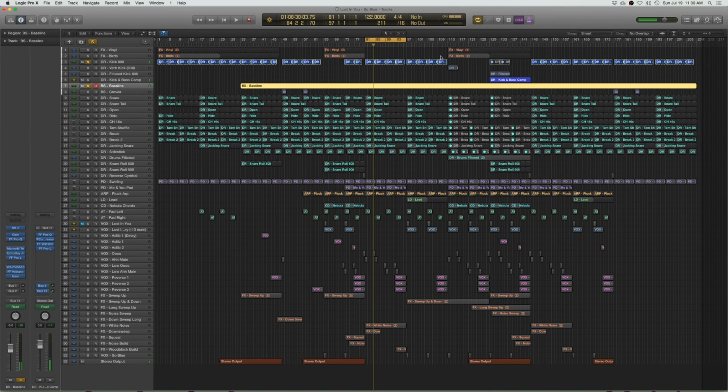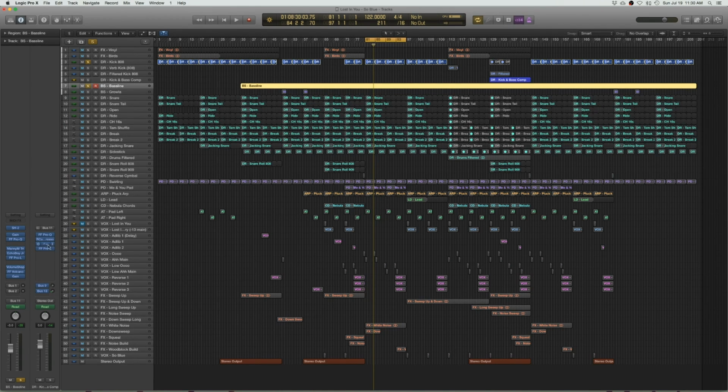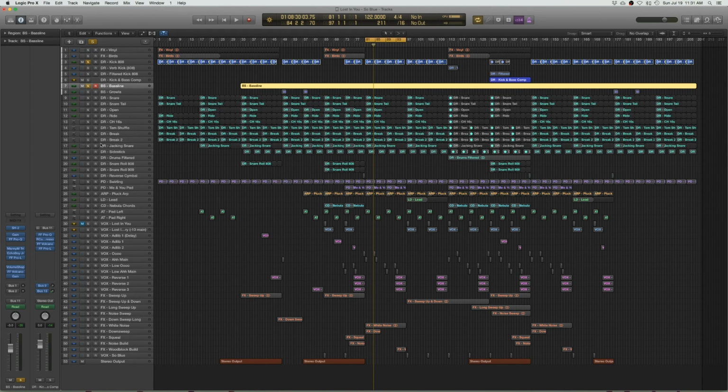Now I've sent the kick and bass to their own channel where I have rolled off low end under 25 hertz just to make sure none of those frequencies are coming through. I am compressing the two together, aiming for between 1 and 2 dB of gain reduction, with quite a quick attack to catch those transients, but not enough to butcher the kick drum. So it's allowing some of the attack to come through at the kick before it kicks in, and quite a snappy release there. So it's using Waves